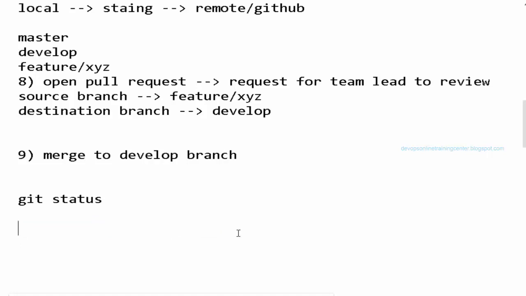Let us say you added a file. Git status will show there is a file added, and if you want to revert back, it will tell you the next command you have to do. And let us say you have committed, and git status says everything is clean, because you have committed all your changes to the local repository. So the next step is to push. Okay.